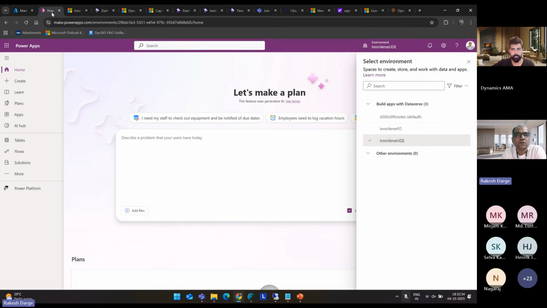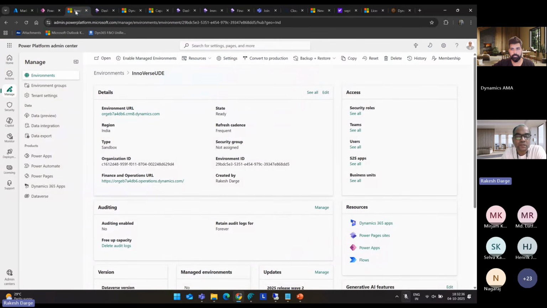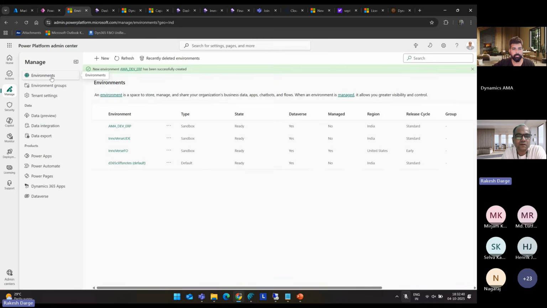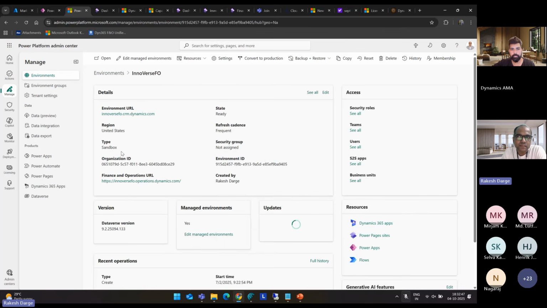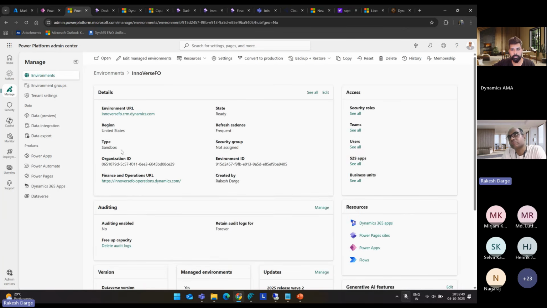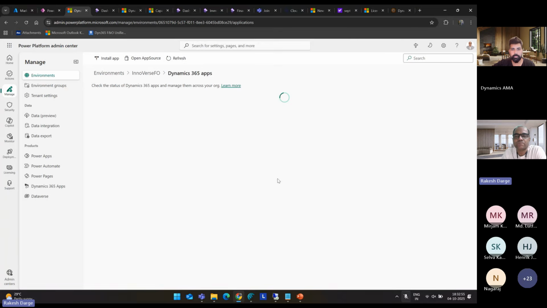I'll just cover one section which Saurabh did mention at the beginning of this call: why PPAC, why everything is moving. So I'll just go back to my environment. Be it Copilot, or Copilot features for finance and supply chain, anything going forward is going to appear as an app in this Dynamics 365.